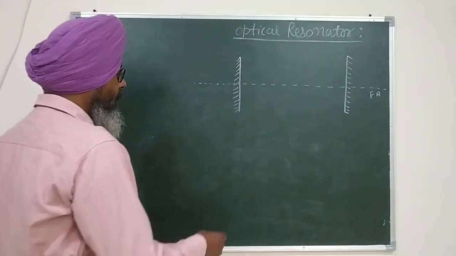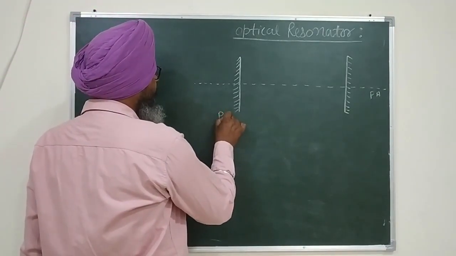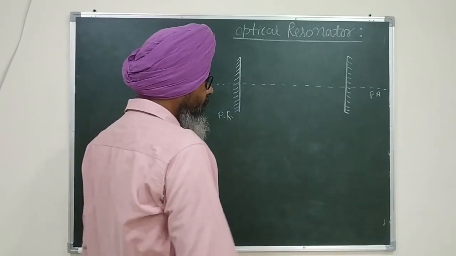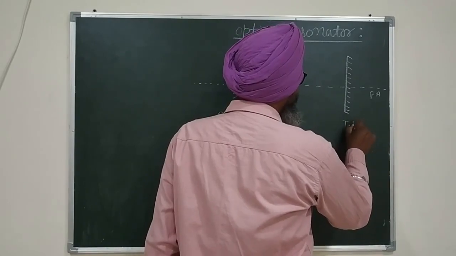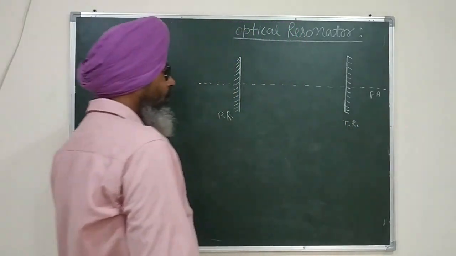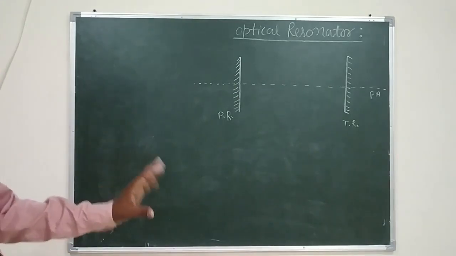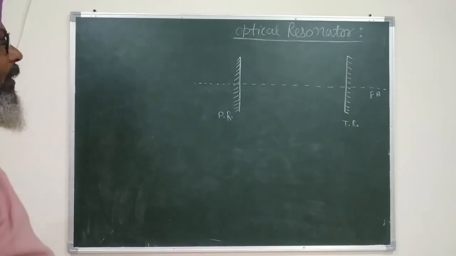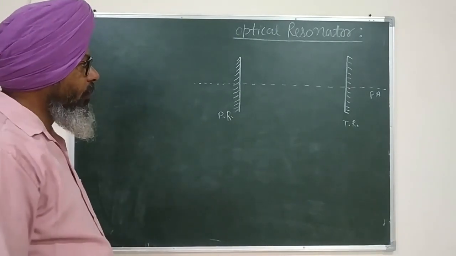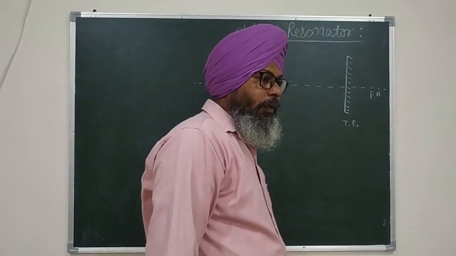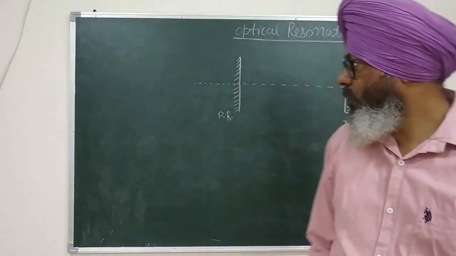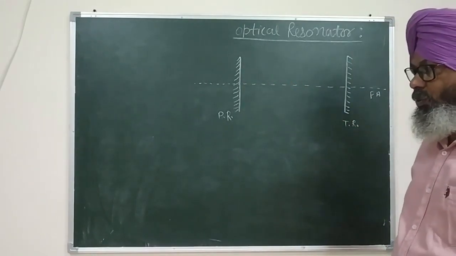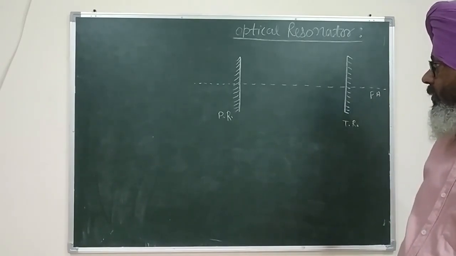One of these mirrors is partially reflecting. PR stands for partially reflecting, and the other mirror is totally reflecting. TR stands for totally reflecting. So I will be using these abbreviations. In principle, this is the simple construction of an optical resonator, and you can give its definition from this construction: an optical resonator contains two plane or concave mirrors which are placed coaxially so that their reflecting faces face each other,